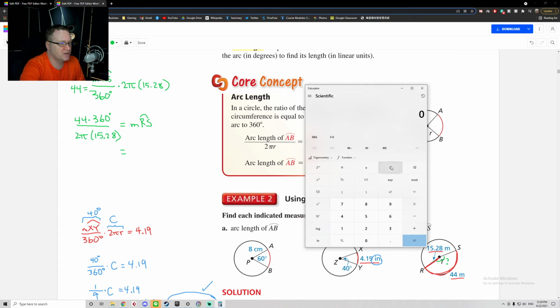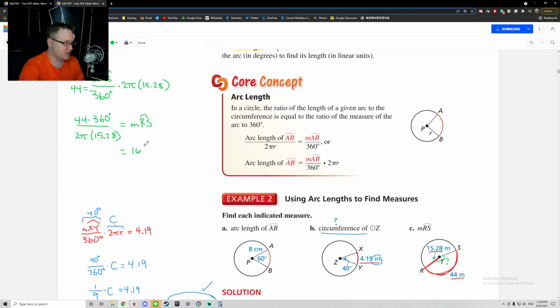So here we go. I'm going to say 44 times 360 equals, and then I'm going to divide by all of these things. So I'm going to put parentheses and then do 2 times pi times 15.28, then close the parentheses and hit equals, and it gives me 164.987. 7 is greater than or equal to 5, so we're going to round up. So it's going to equal 164.99,